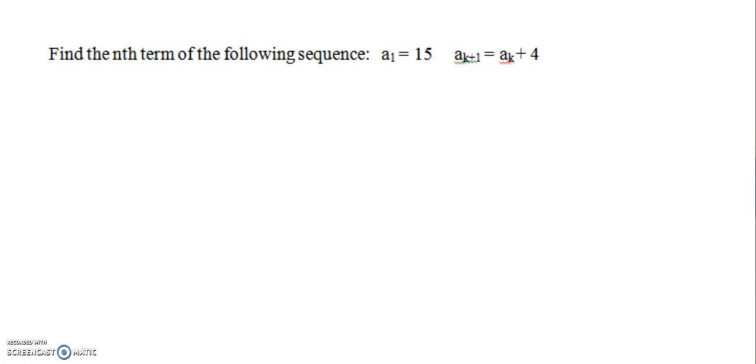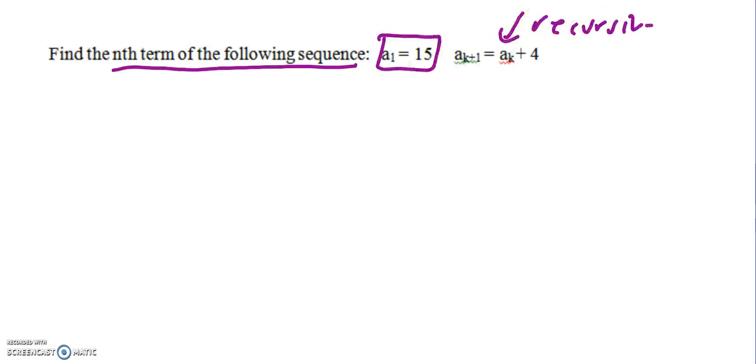Last but not least, from the first section, find the nth term of the following sequence. It gives me the first term, but it looks like the equation it gives me is recursive. And remember, if it gives you a recursive equation, that this number really equals the common difference. So if you want to find the nth term, this one is much better than the previous example. Because if you're trying to find this,